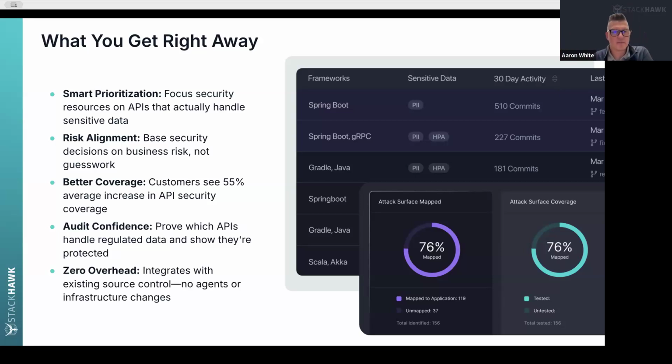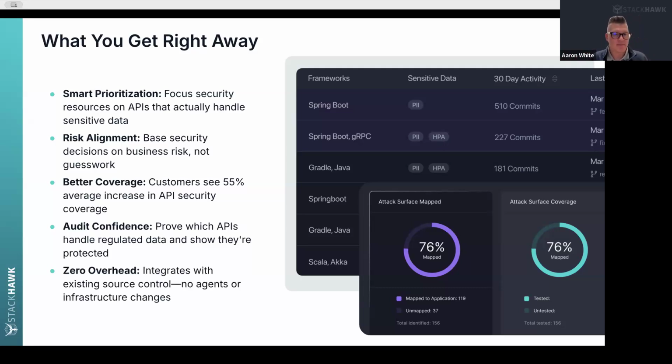It provides risk alignment with your business now, not just that tribal knowledge or your cursory understanding of what's happening, but we can actually see what's risk or where that risk is to my business, and then we can use that as that data point to help make a better decision on what we need to get under test. We're seeing better coverage across testing with our customers, seeing a 55% average increase in API security coverage because we're identifying those APIs, we're allowing them to compare that to their understanding of their APIs and the business context, and